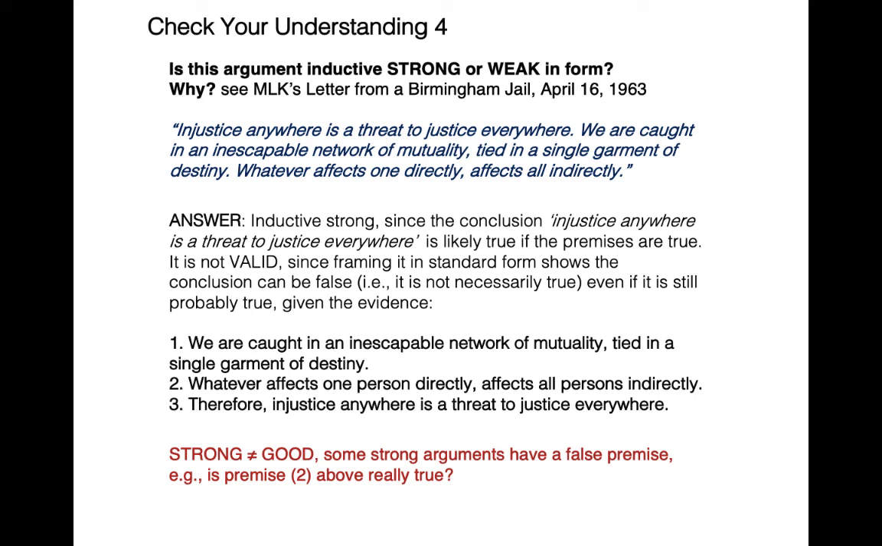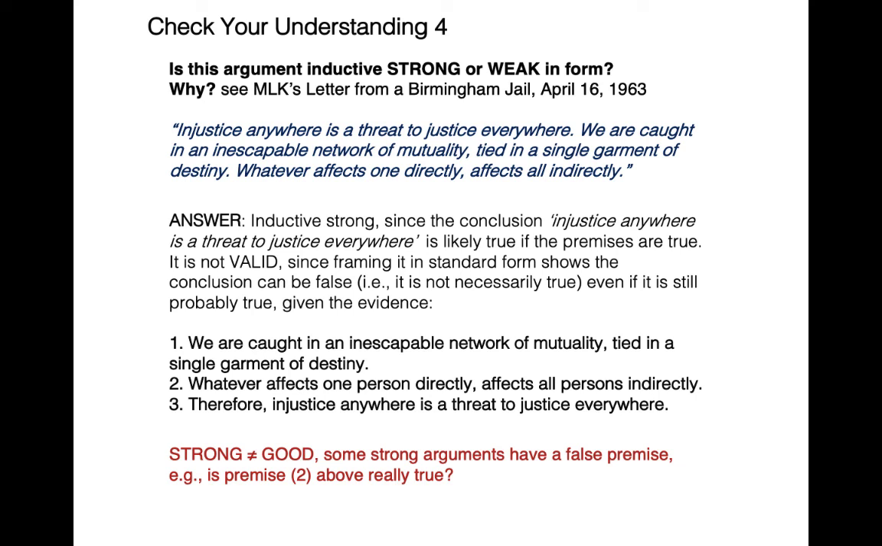Now, I'm going to call this an inductive strong argument. Since the conclusion, injustice anywhere is a threat to justice everywhere, is likely true when the premises are true. It's not valid, since framing it in standard form shows the conclusion could be false, not necessarily true, even if it is still probably true given the evidence. And so I think the most charitable interpretation of this is that he's not making a deductive argument whose conclusion is necessarily true. He's making an argument for a powerful conclusion, a conclusion that's likely true in light of the